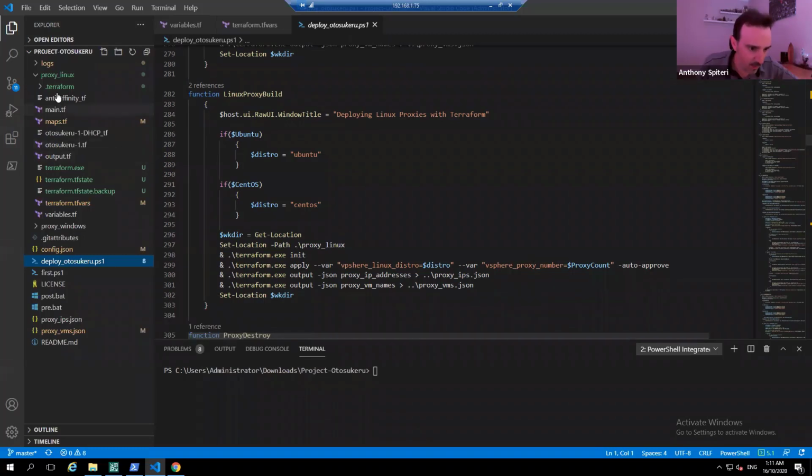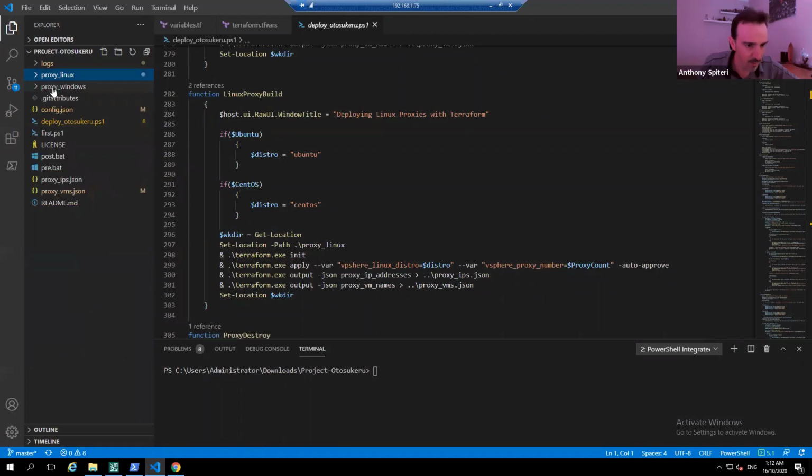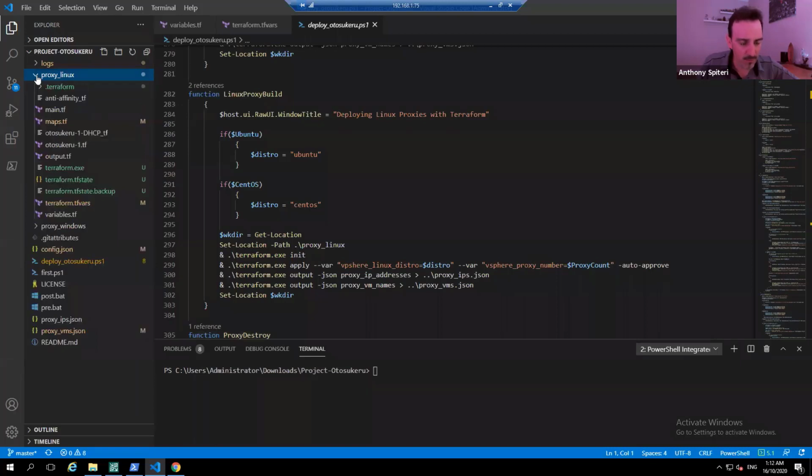So you can see here that what I've got is a couple of different modules, a proxy Linux module and a proxy Windows module, okay? And these are both Terraform modules that effectively do that configuration against vSphere. So this is actually done a little archaically. Again, I'm not the best coder, but this was a work of passion to get it working. So there are a lot of better techniques that I'm looking to port with the latest releases of Terraform, and also some modules that have been released by guys like Grant Orchard and whatnot. So let's see it working.